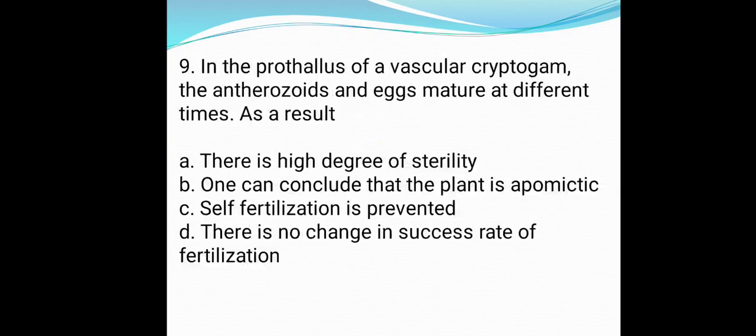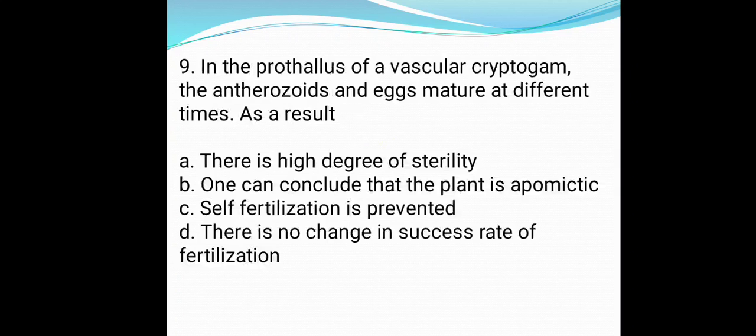In the prothallus of vascular cryptogam, the antherozoids and eggs mature at different times. As a result, the options are: A, there is high degree of sterility. B, one can conclude that the plant is apomictic. C, self-fertilization is prevented. D, there is no change in success rate of fertilization. So,